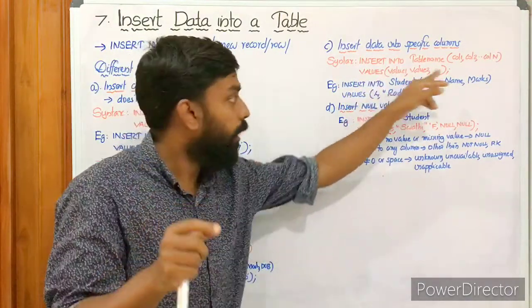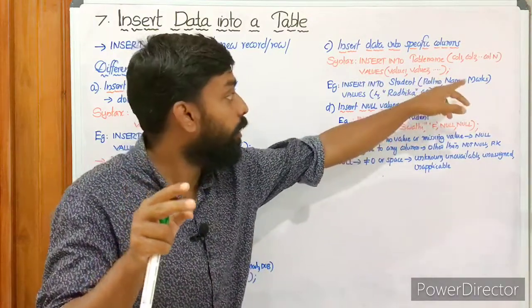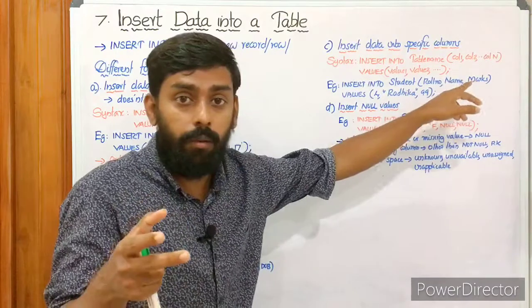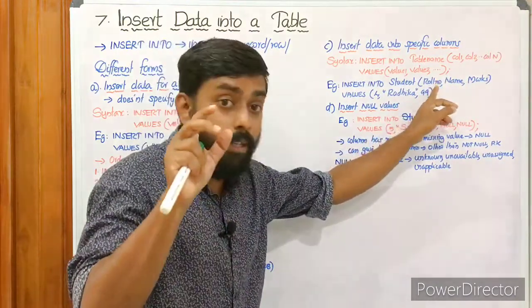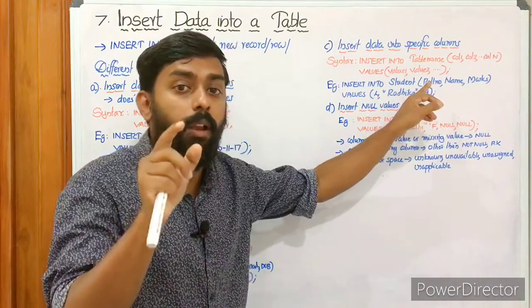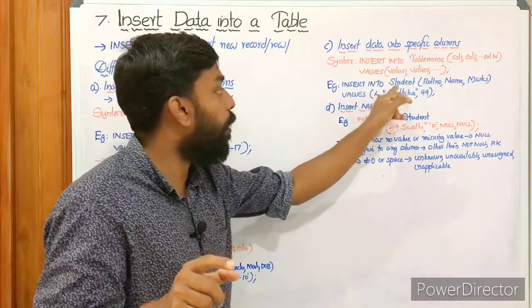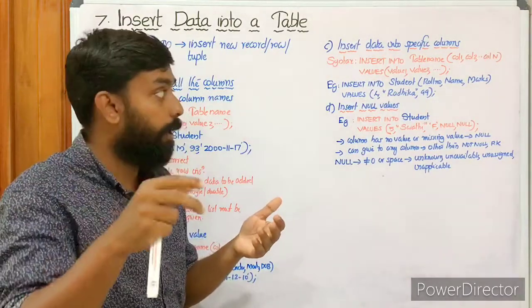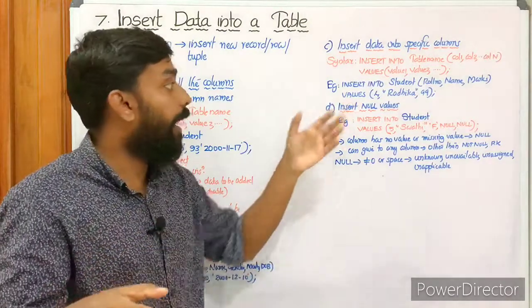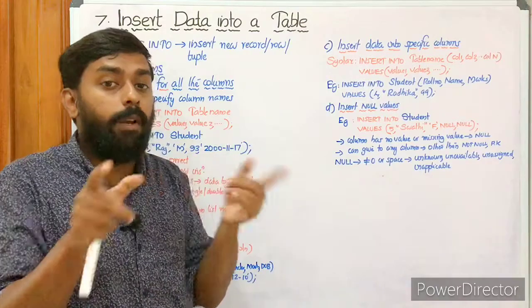You can note one thing here, we don't specify all the columns. We have 2 more columns remaining, right? Which are the columns? Gender and date of birth. We haven't specified them. So we are going to insert values to only 3 columns: roll number, name and marks. Values 4, Radhika, 99: 4 will be passed to roll number, Radhika will be passed to name, and 99 will be passed to marks. Actually we are leaving date of birth as well as gender.